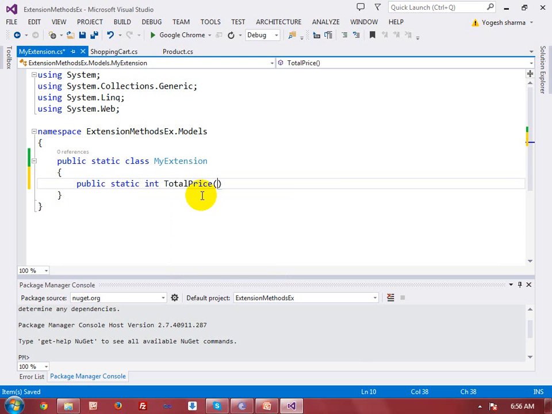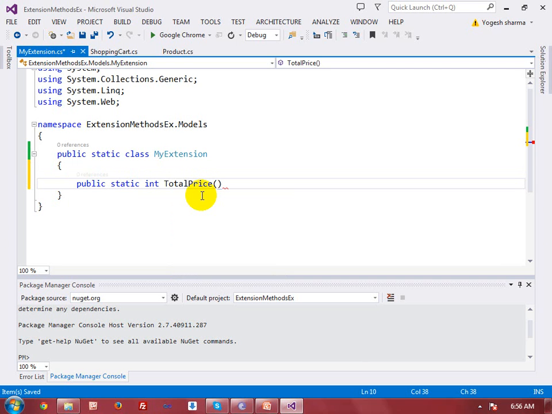As I told you, whenever you are going to create an extension method, the first argument should be used with the this keyword. Here I am going to create an object of shopping cart, because when you create the object of shopping cart and pass some product values into that class, then all the product data will be added into this cart object, right?